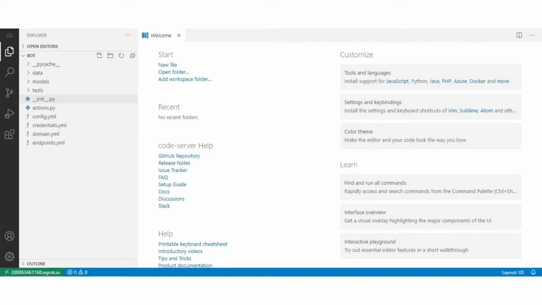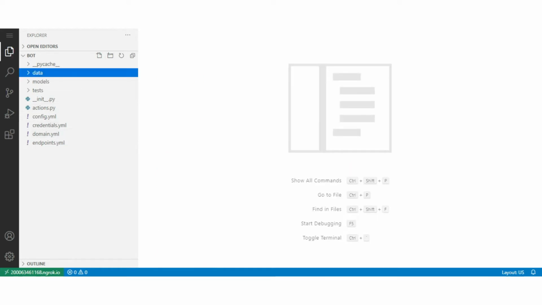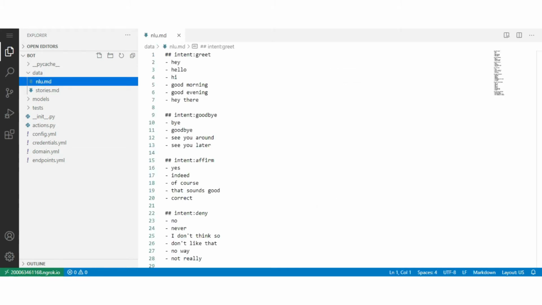As we already discussed how you can customize the chatbot in just 5 simple steps, I recommend watching my previous videos on Rasa chatbot development using Google Colab. For that, open the necessary files. Move to the data folder and open the nlu.md file. Now open the storage.md file. The other file we have to open is the domain.yml file.